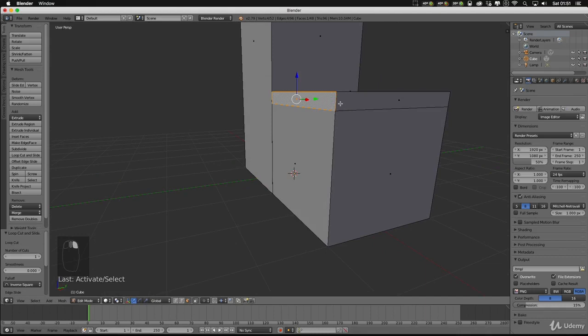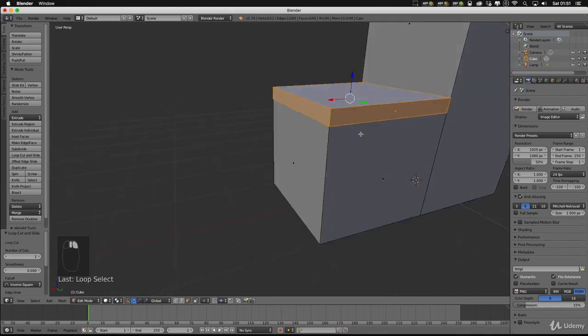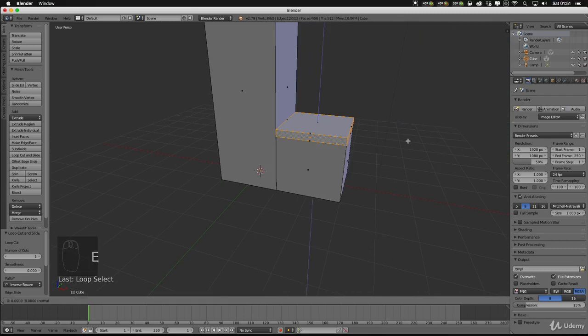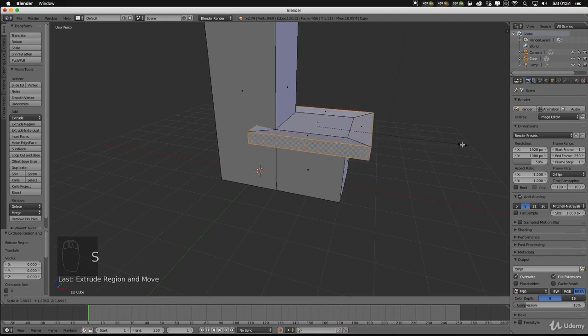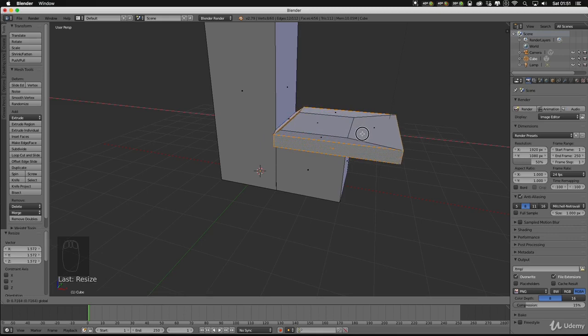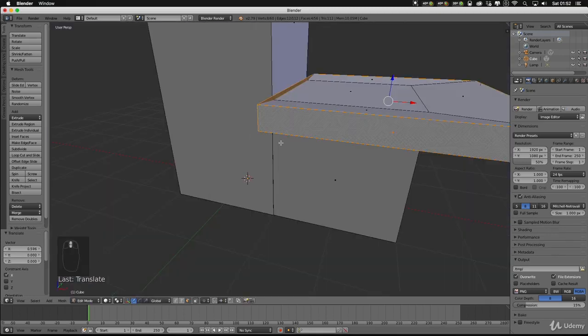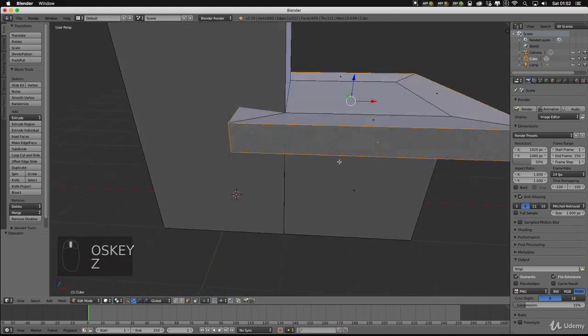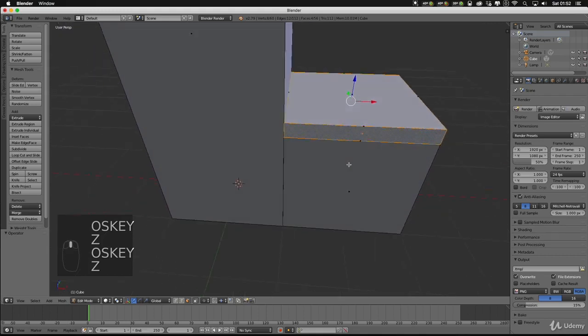I'm going to Alt click to select that loop of faces, E to extrude, right click, and then S to scale that out. And I'm just going to move that forward. Actually, I'm just going to undo that.